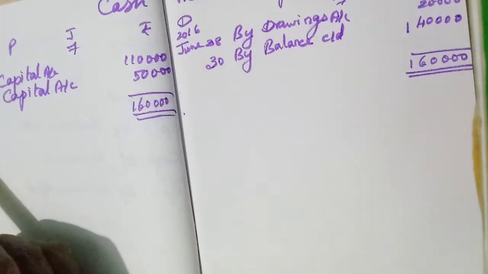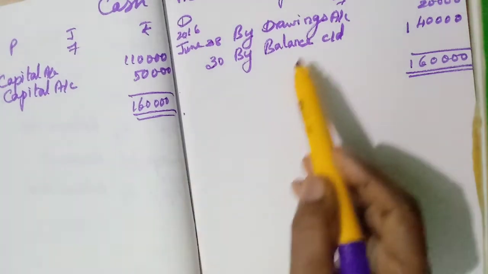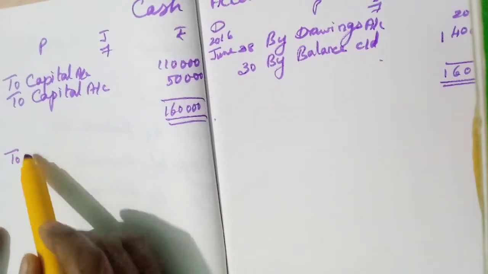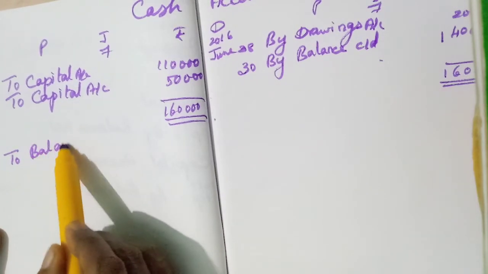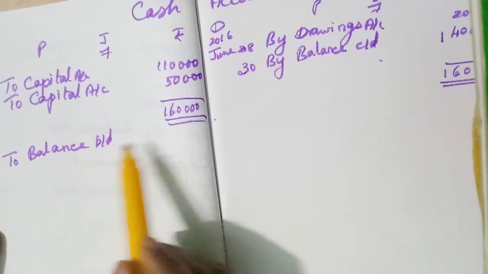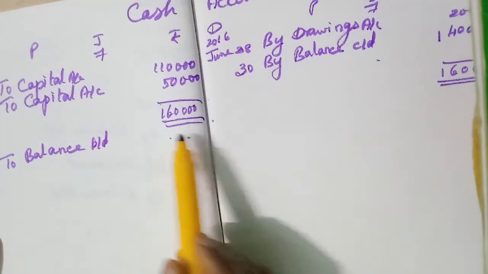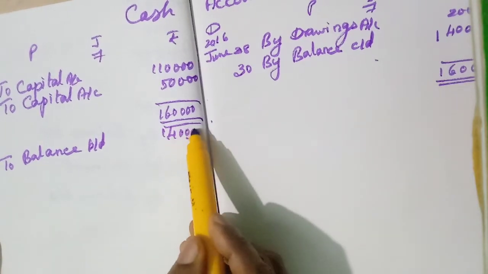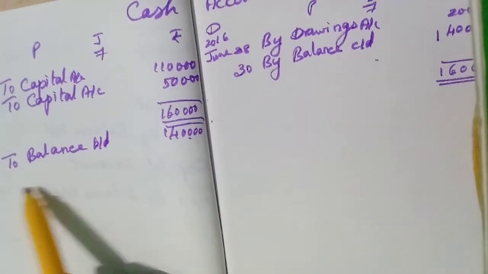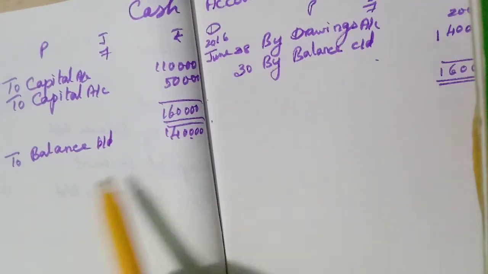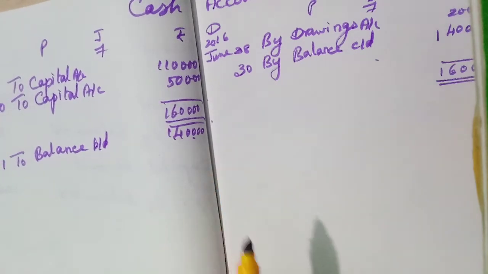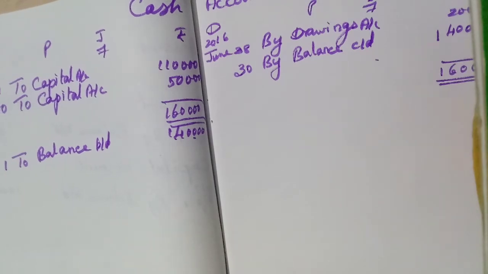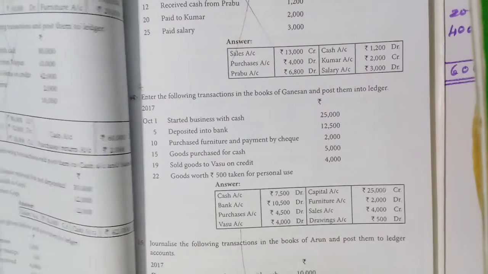Now after this amount column, next month is July. So you write July 1. This by balance carried down will change into to balance brought down. To balance brought down. Just below this amount, one line will be there. You write this 1,40,000. So what is the meaning? Then the same day or next day we will start adding all the items in this cash account. Every month we close that account. Okay, 6th one over. Now 7th one. 7th problem.